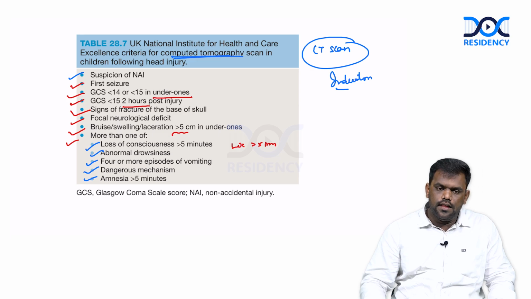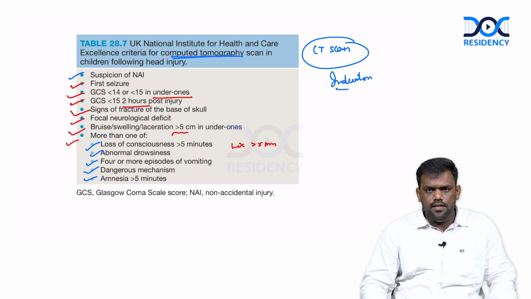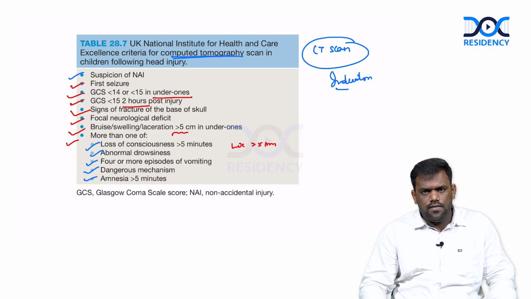So the various indications for CT scan in a pediatric child are whenever you suspect non-accidental injury, and the first seizure episode itself in under 1 year of age, whenever GCS is less than 14 or less than 15, the child is taken for CT. And whenever the patient's GCS is less than 15 at 2 hours post injury, whenever you find signs of skull bone fracture, focal neurological deficits, whenever you see bruise or swelling or laceration which is more